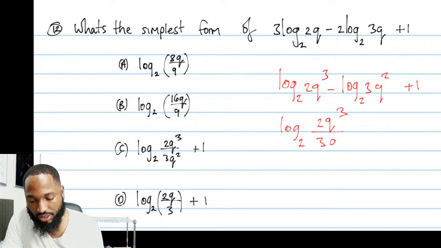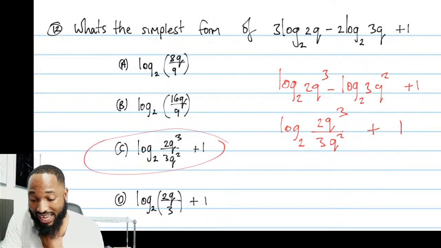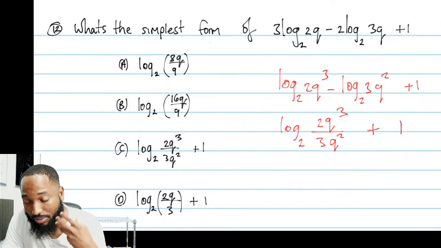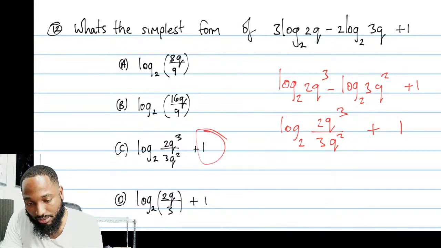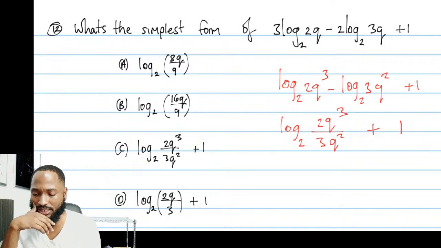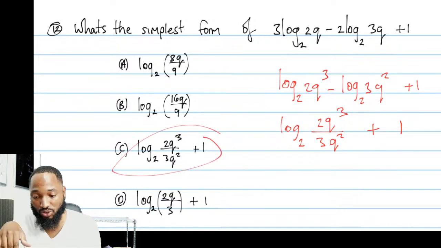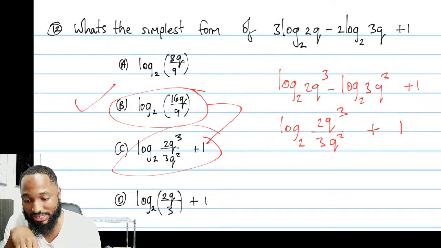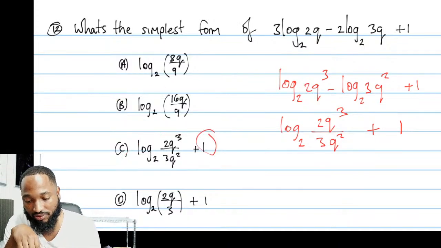2Q over 3Q squared plus 1. You see that plus 1? You see how we see a plus 1 here? Simplest form. C is an answer, but it's not the simplest form. You want the best answer. This could simplify some more. How do you see? In this case, when you come here now and you check this out with your 10, you would get the same 4.152. But you know that this is looking simpler than that, so you know this is the answer. But how are we getting rid of this 1?